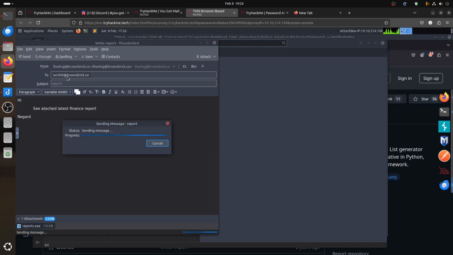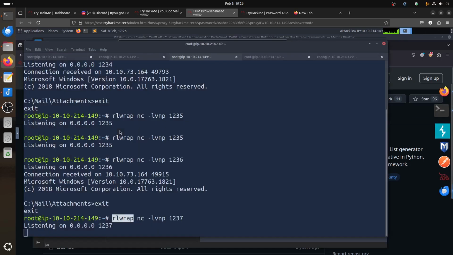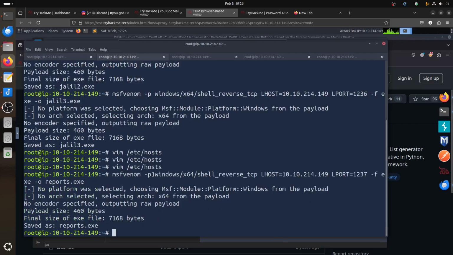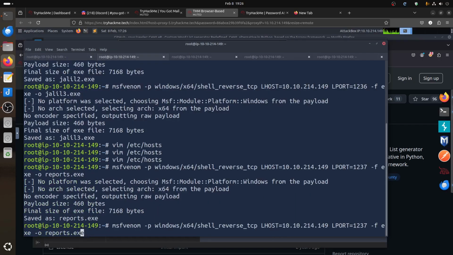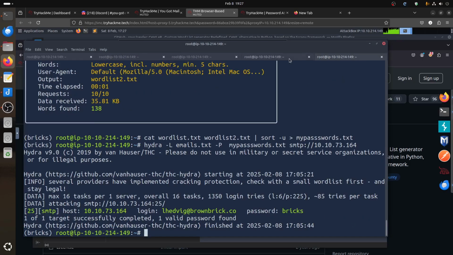The idea is this guy will receive it. We're not getting a reply for this machine. No, the idea is we get a reply. Let's do something else in the meantime. I want to show you something. I was playing with it. Let's create another one, let's call it report 2, and let's make maybe someone did work for them. 1 2 3 8. Let's see if we got